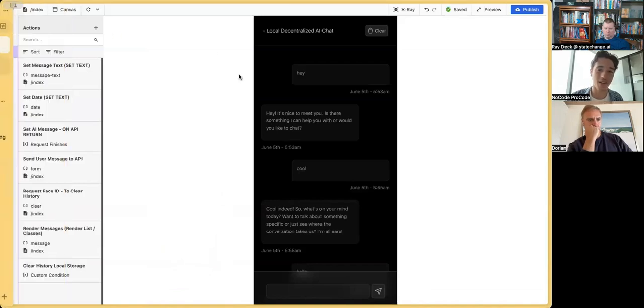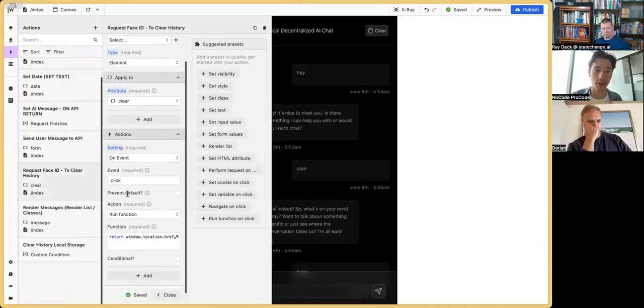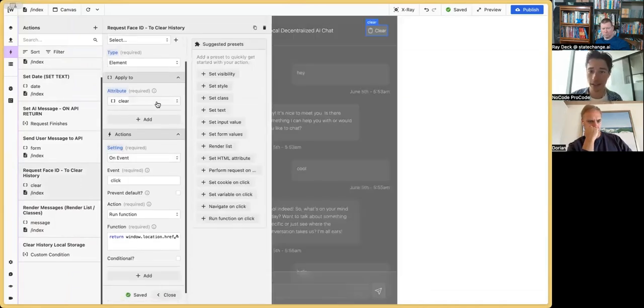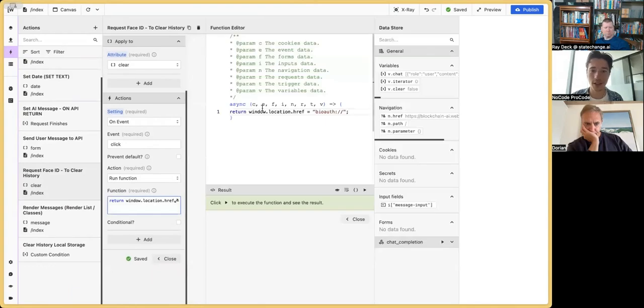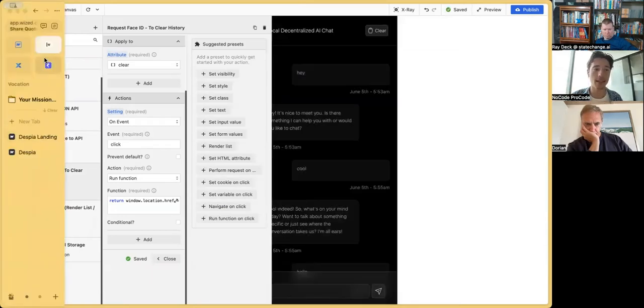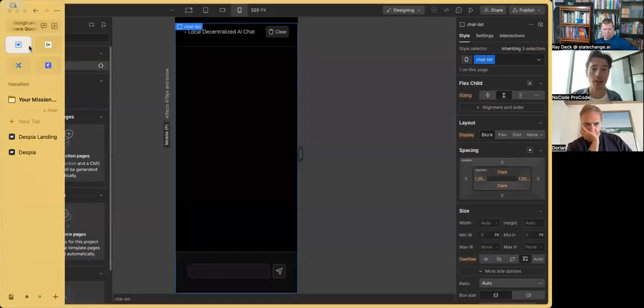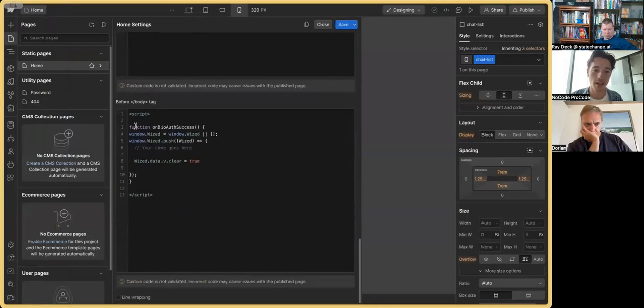And I can show you how this would work in practice. So, for example, I have the clear button up here in Wized, but this works in WeWeb too. And I have an on click event, and I'm just going to run a function to manipulate the href. Now, this will show the Face ID indicator. Now, when the Face ID is successful, I just have a function in Webflow right in here